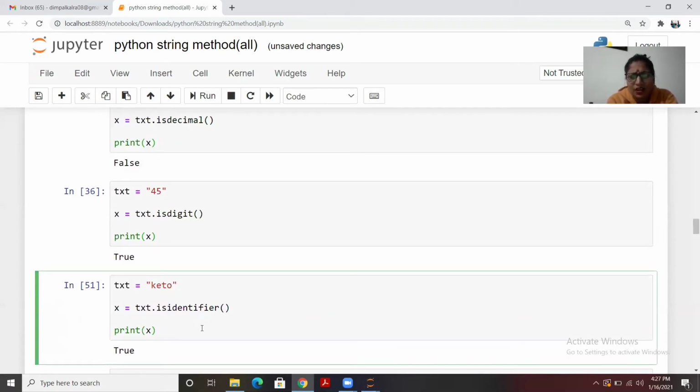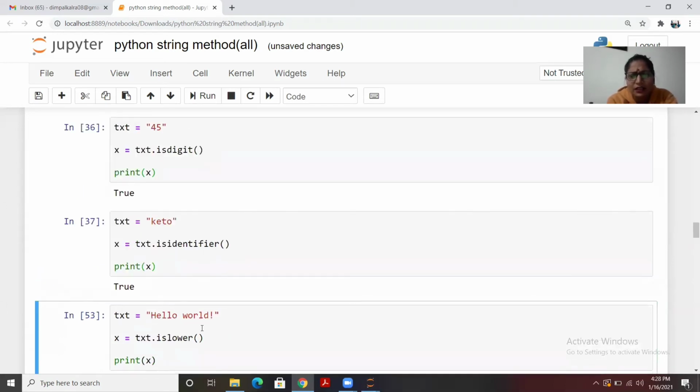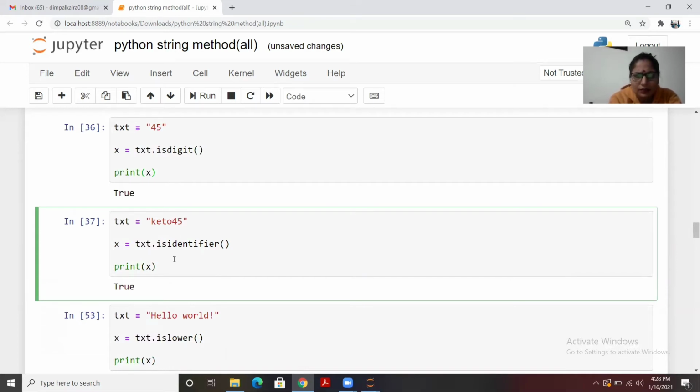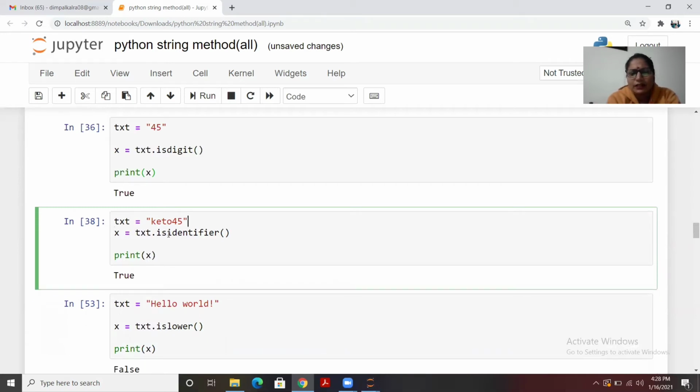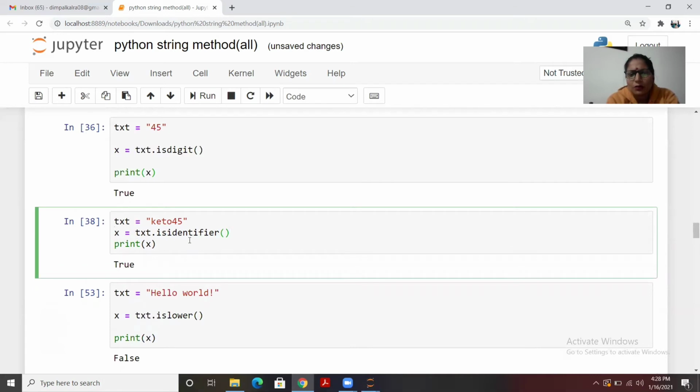Then, for example, here is a value, and in case you want to check isidentifier, basically you can give it any value. For example, I'm using the numeric value as well. This basically is not much required, just give any string and check whether it is an identifier or not. All these strings do have identifiers, so it will give you the output as true.